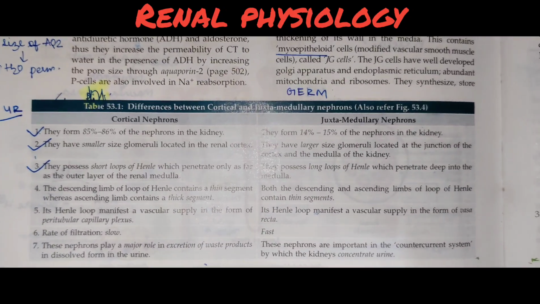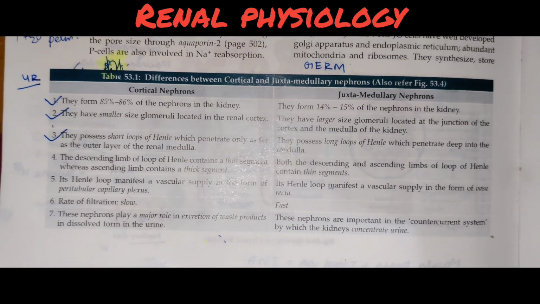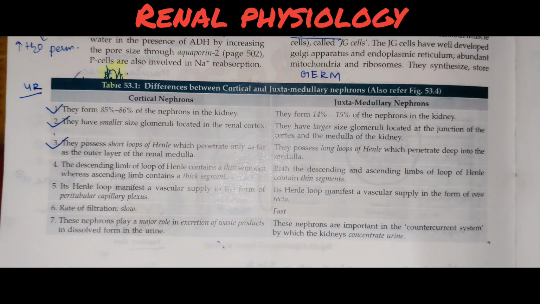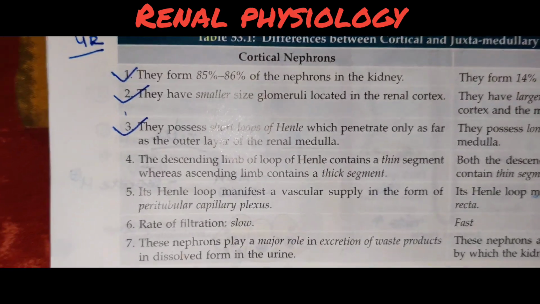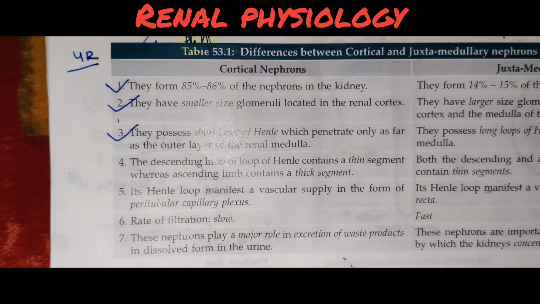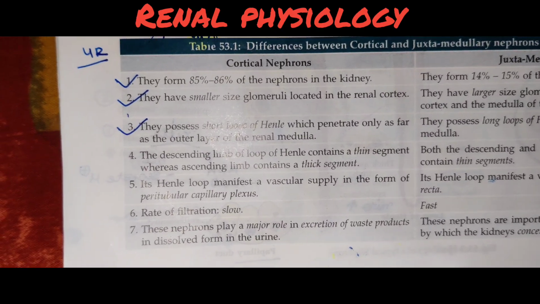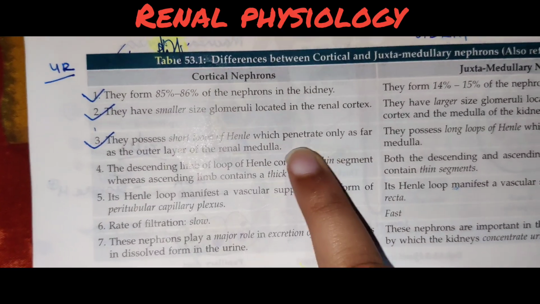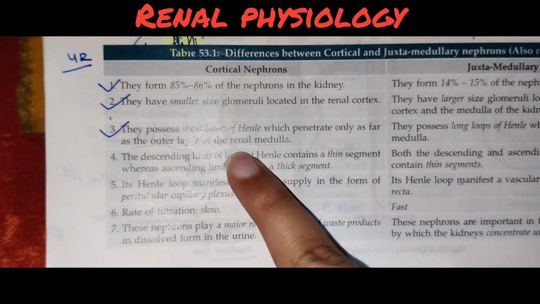Now let's see the types of nephrons. There are two types of nephrons, cortical nephrons and juxtamedullary nephrons. First of all, let's see the cortical nephron. They are 85% of the total nephrons. Their glomeruli are smaller. They have a short loop of Henle, and the loop of Henle goes only till the outer layer